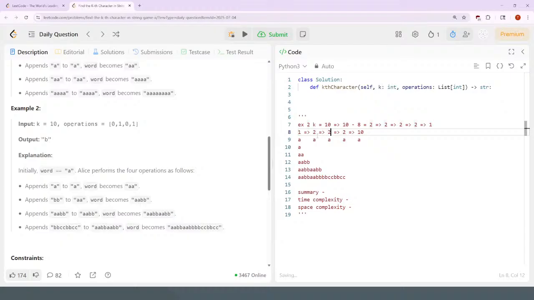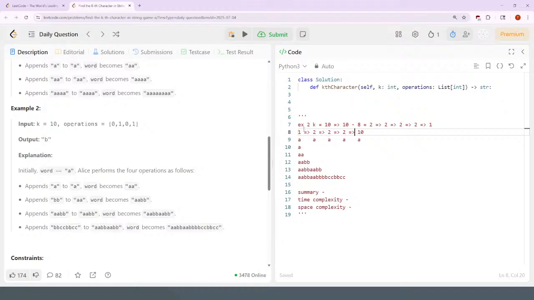So this operation is 0, operation 1, operation 0, operation 1. Actually, I'm not sure now. Okay, so